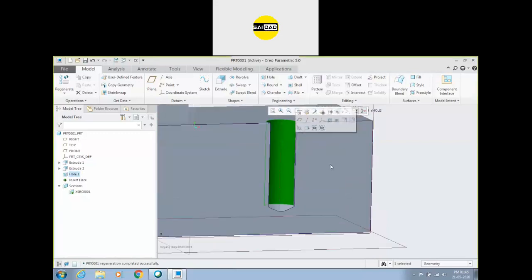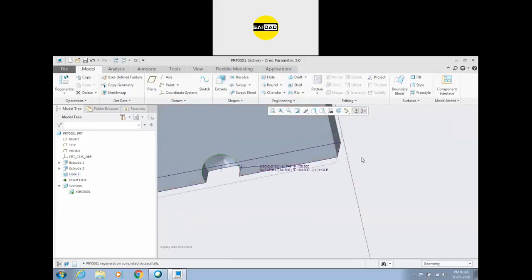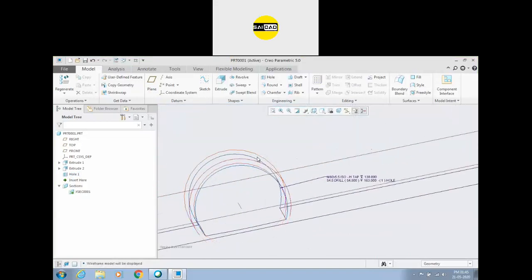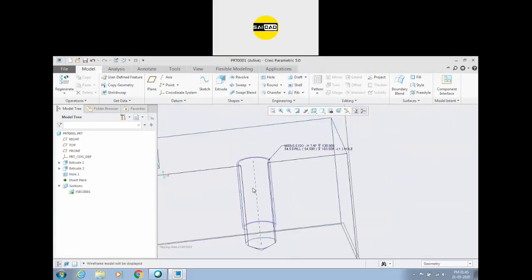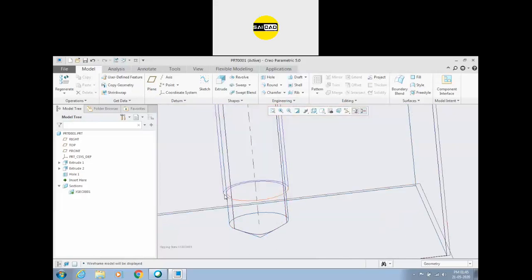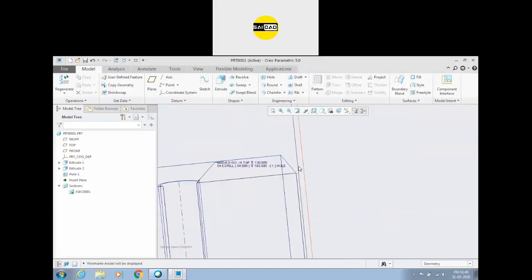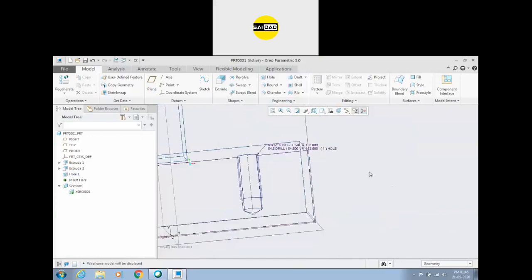So this is a threaded hole. If you want to check that it is a threaded hole, you have to go to the drafting, or you can go to the wireframe. You can see now there are two circles. Okay, one circle is for the thread, one circle denotes the hole. Okay, so the thread is up to this point. Up to 130. So the thread is up to 130, and the standard drill hole is up to 163 depth. So like this, you can create the threaded holes also.